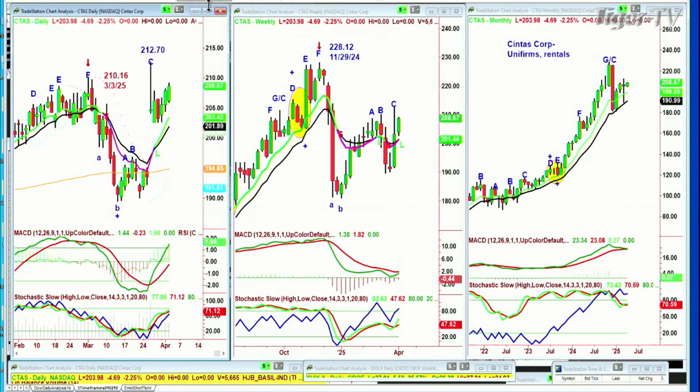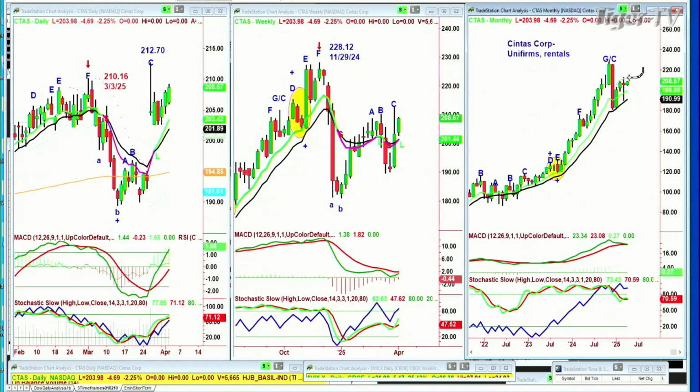It did make a 228.12 high back in November and plunges down to the 180 level and then has a big rally. And it's in a leg C. It's looking not bad because this is the first week that the 9-period moving average in the weekly chart flipped back to green. The monthly chart is beautiful, but now I have to say, look at that. There's a chance that we arch over right there,